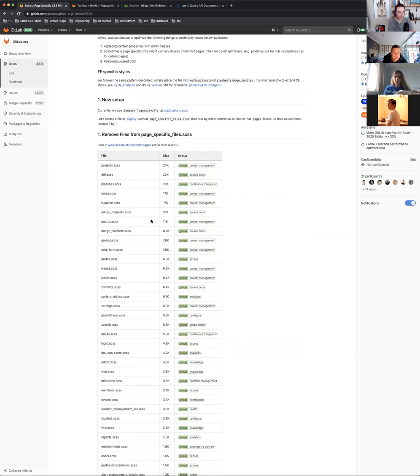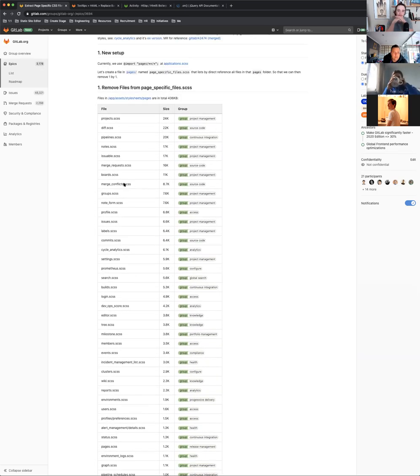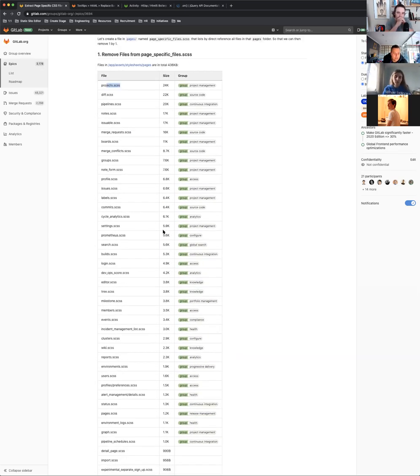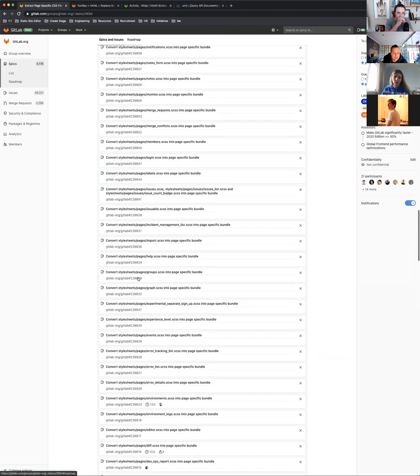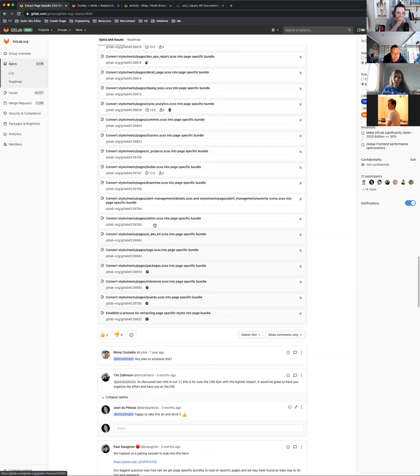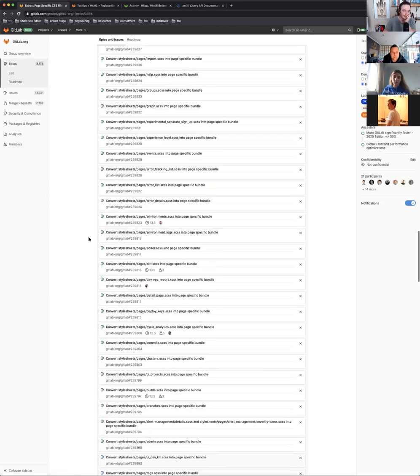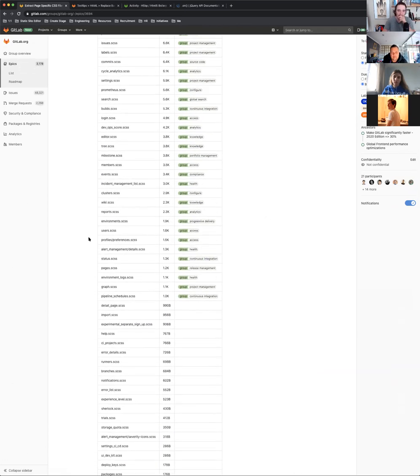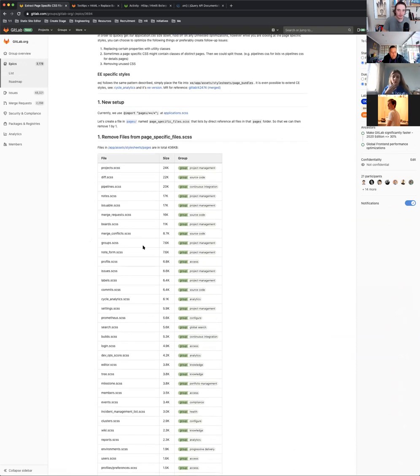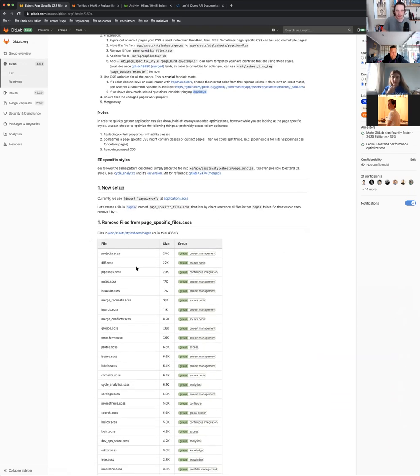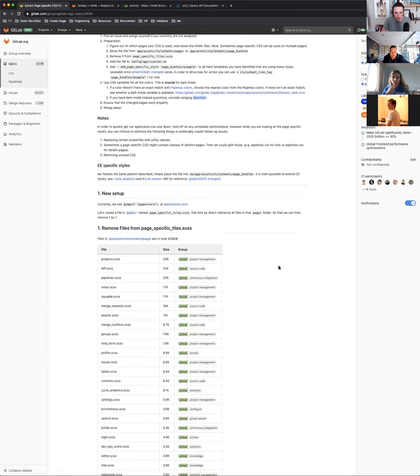Now, some of these are more impactful than others. We look at projects, for instance, at 24K, and some are minor. A bunch of them I've been able to just kill off because they weren't being used anymore, or I was able to use utility classes to apply the same styling to the markup directly. But we have quite a few left, and some of these larger ones that will give us actual meaningful